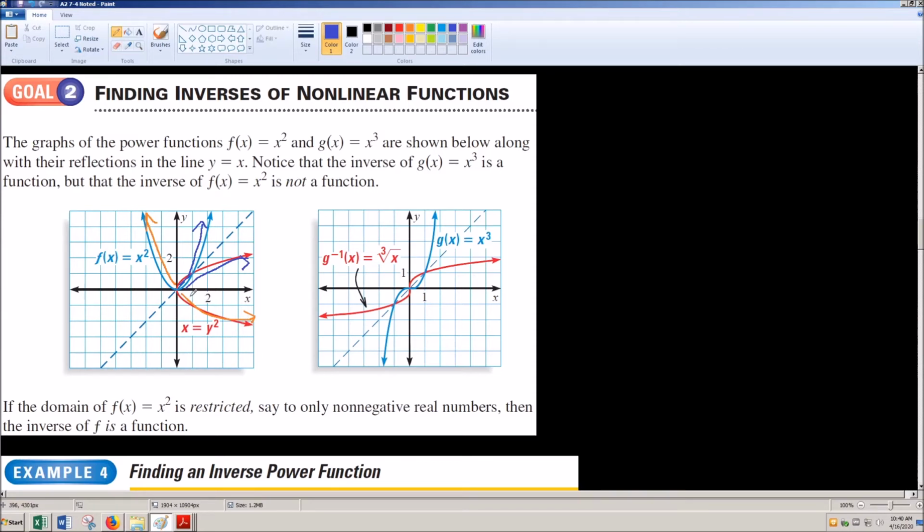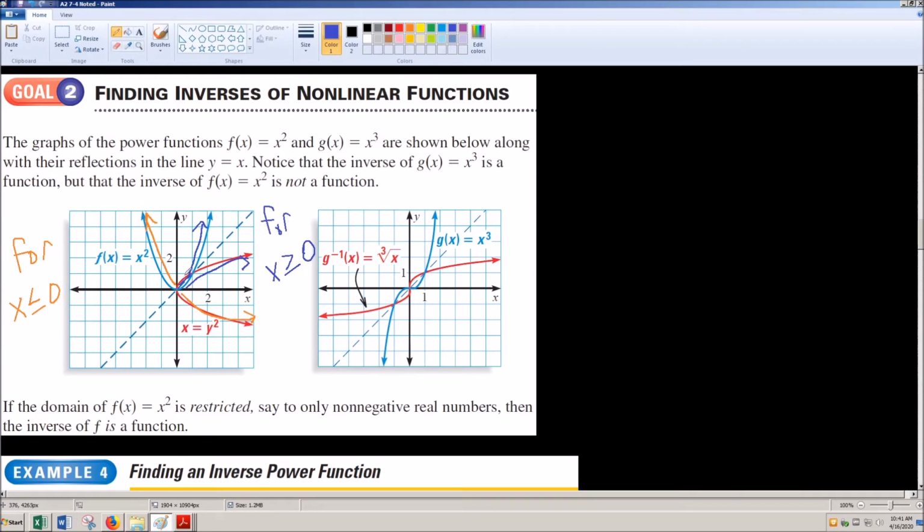If I wanted to restrict my domain, like instead of talking about all of x squared, I was just talking about the left half, so x values less than or equal to 0, then I could get an inverse function. It would just be the orange thing. If I restricted my domain to x values less than or equal to 0, it would look like the orange thing down here, and it would have an inverse. Likewise, for x values greater than or equal to 0, I'm just talking about the purple part here. Each of those domain restrictions would be okay for an inverse function,